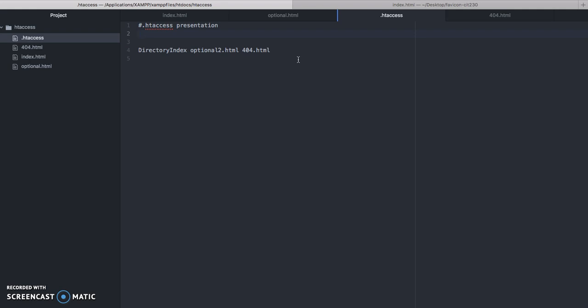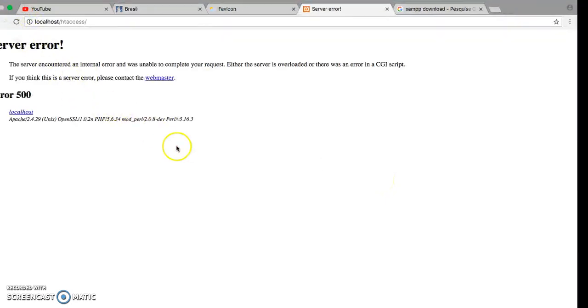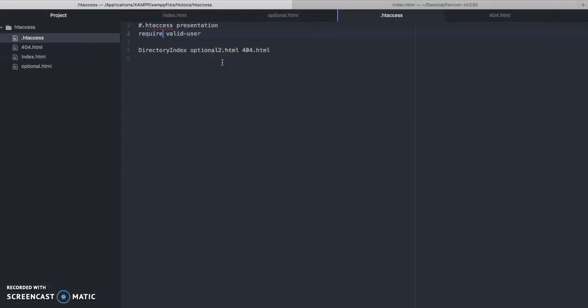Just to show you one example, we can set require valid-user, and when we reload this, I should be asked for a valid user. I didn't set a user, so basically I have to add some other